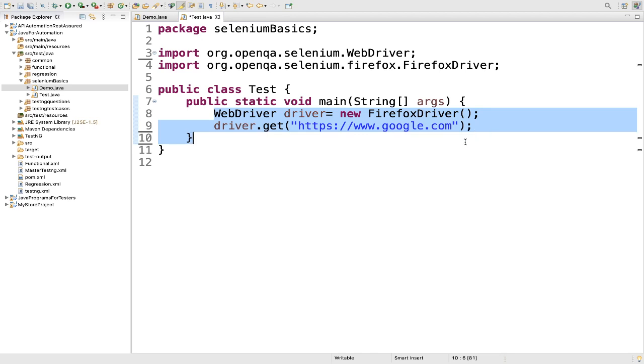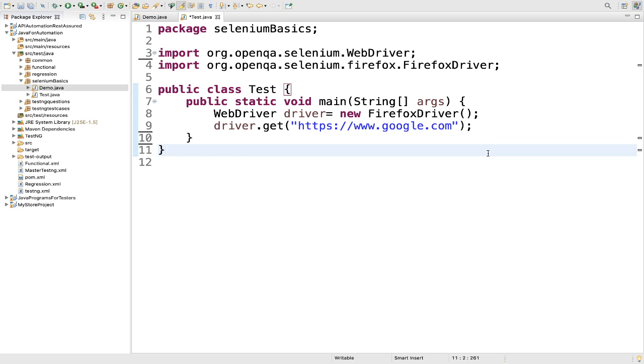Once you click on run, every statement in your script will be converted as a URL with the help of JSON wire protocol over HTTP. JSON wire protocol has REST APIs which work over HTTP. So for every command in Selenium, there is a corresponding REST API in the JSON wire protocol. If you go to the JSON wire protocol web page, for every possible Selenium command, you will find a GET or POST API. Let me show you that.